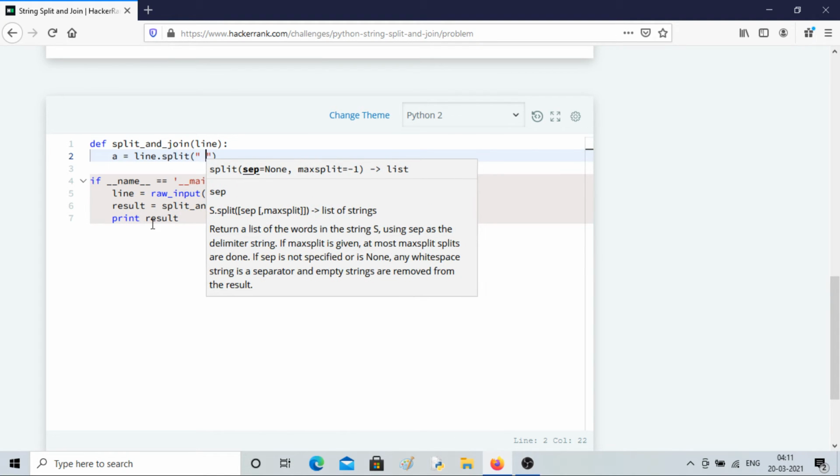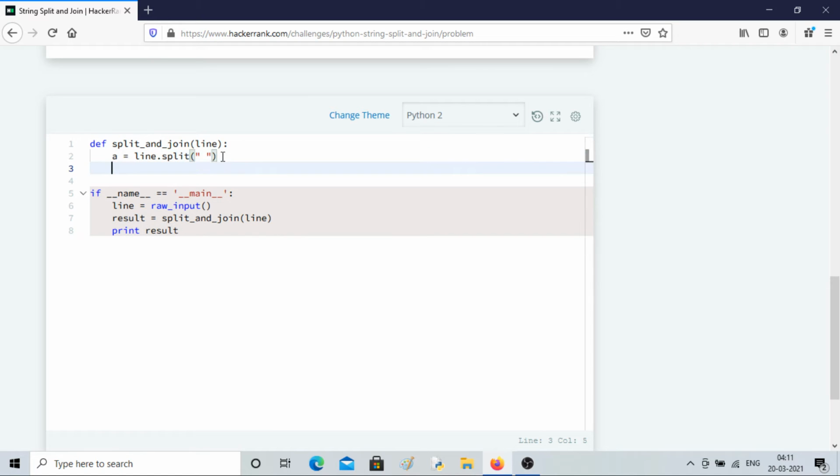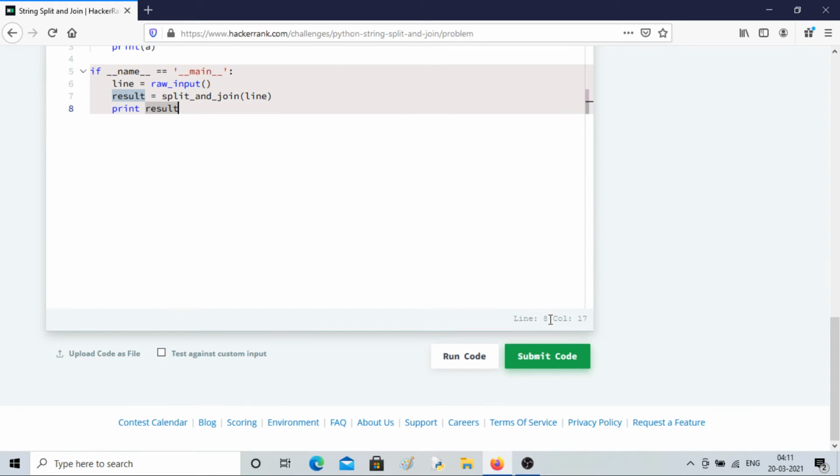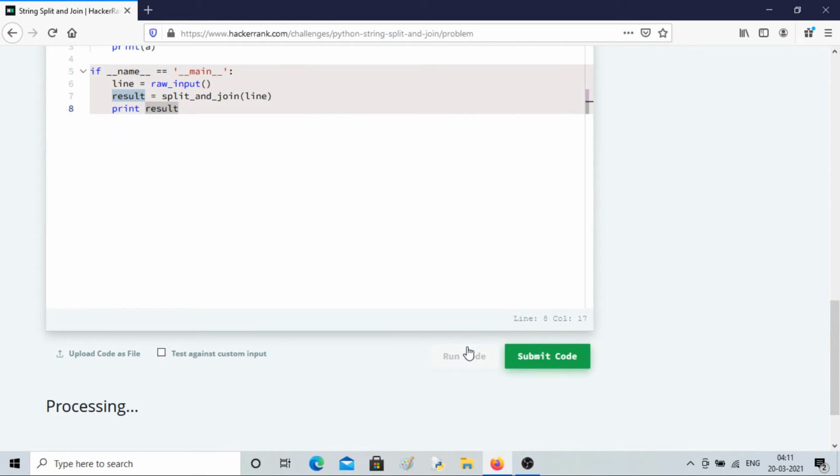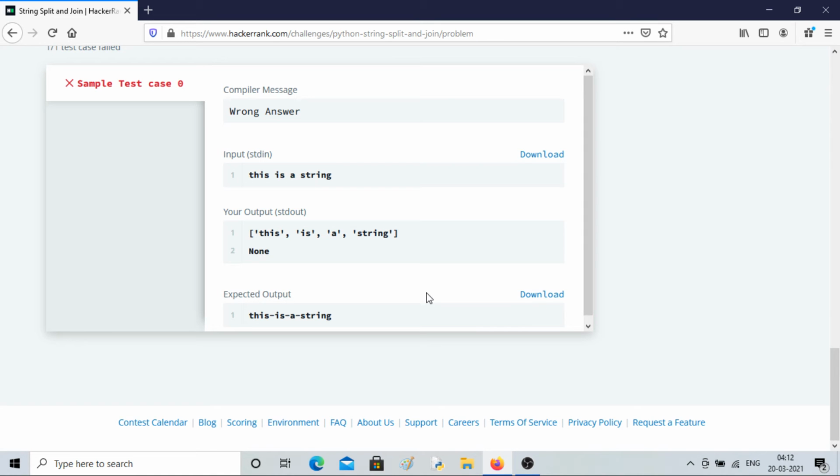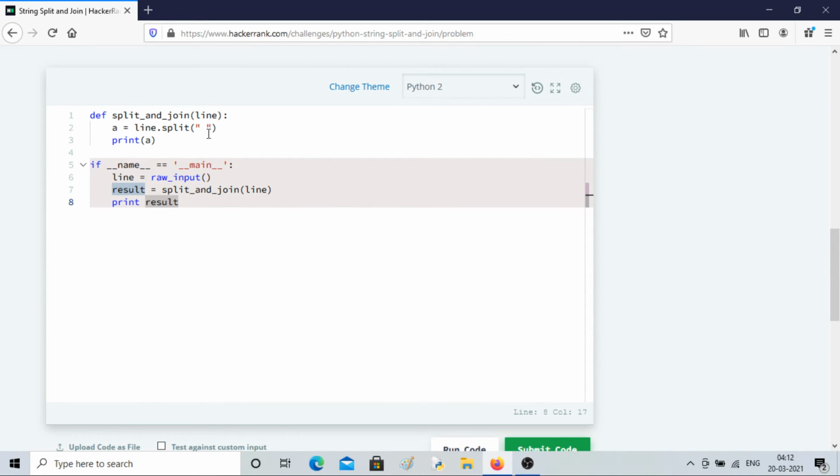Then if I print a, we can see this is the string separated with space wherever there was a space.